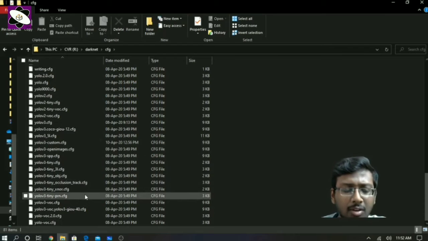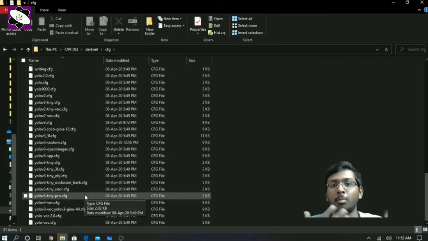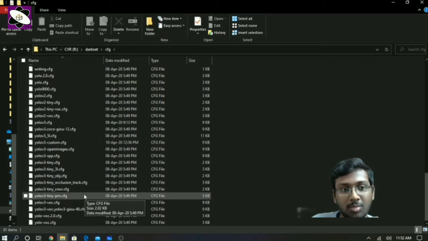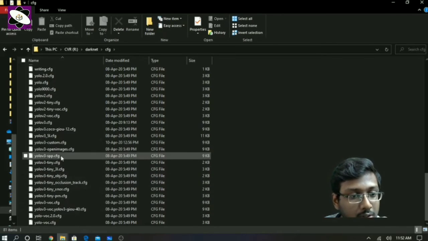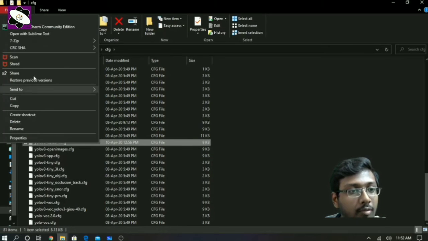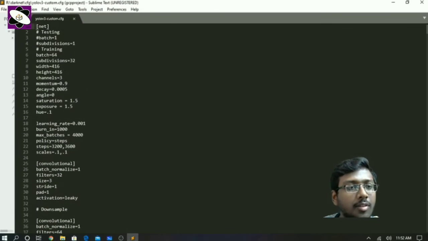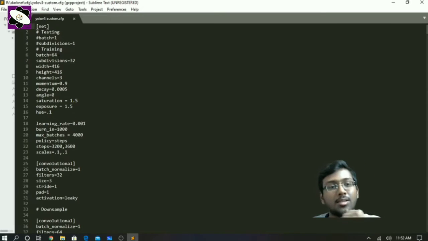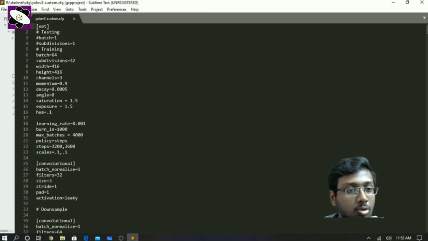Those pre-trained weights you can use. Again, that's transfer learning: using the pre-trained weights along with your custom weights, the same thing which I have done. It will give you a better result. This is a config file and a custom file. Again, for testing time you have to uncomment this. For training time you have these things, and the subdivisions; batch means the batch size, how many images per batch, how much the size should be.